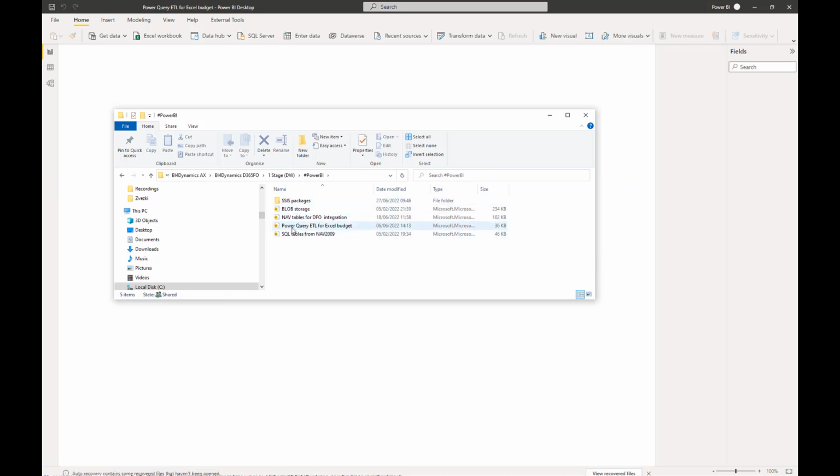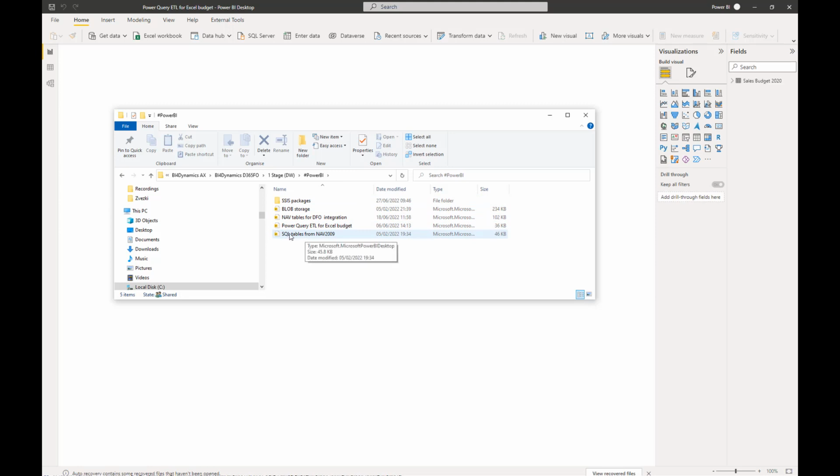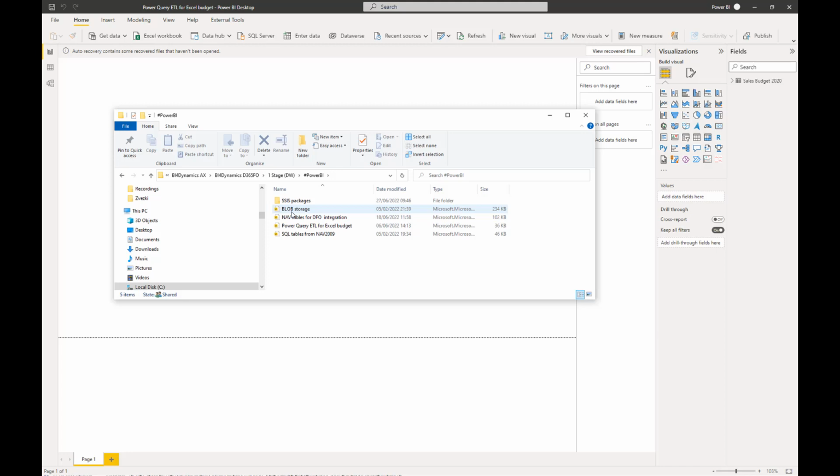So we have here 1, 2, 3, 4 Power BI desktop files, which we are using to load different data sources. So we are looking into the blob storage, we are looking into some dimension tables, some SQL tables, also from the same source, and the Power Query ETL for Excel. Once we are opening that